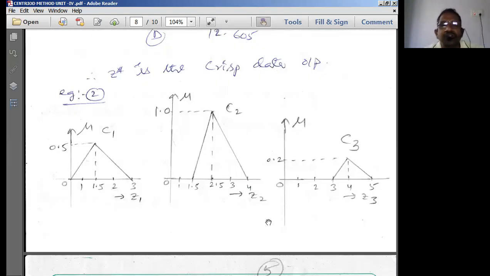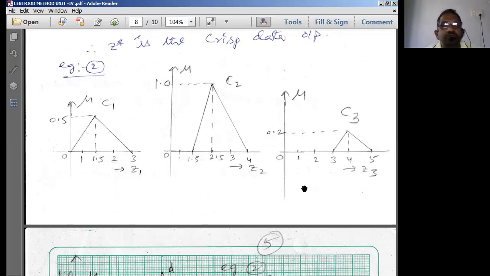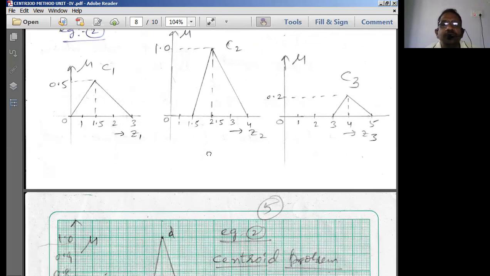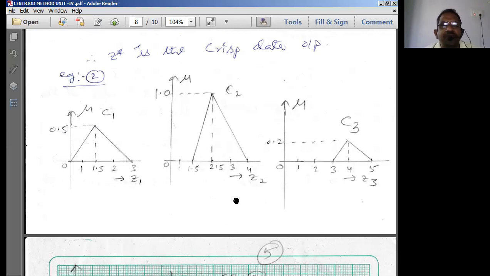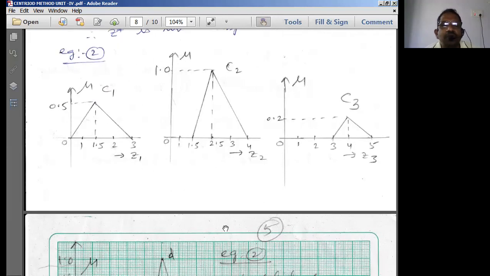So let us go with this problem. This is the last method that we'll be discussing in unit number 4. Unit number 4 has just 6 methods, and these 6 methods are very easy. If you practice the 6 methods, you will get one short answer question and one long answer question. So this unit is going to be a 100% scoring unit for all of us. The only thing is you have to practice these methods more. Once you practice, things are going to be easy. So let us start solving the problem now.